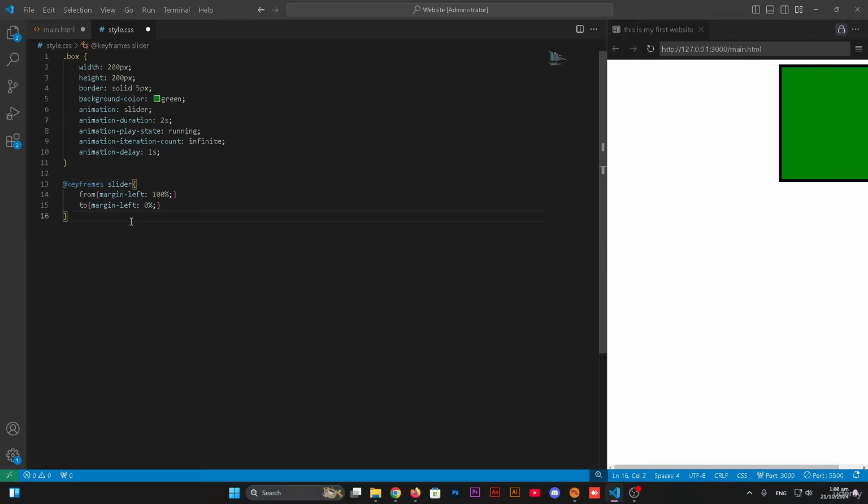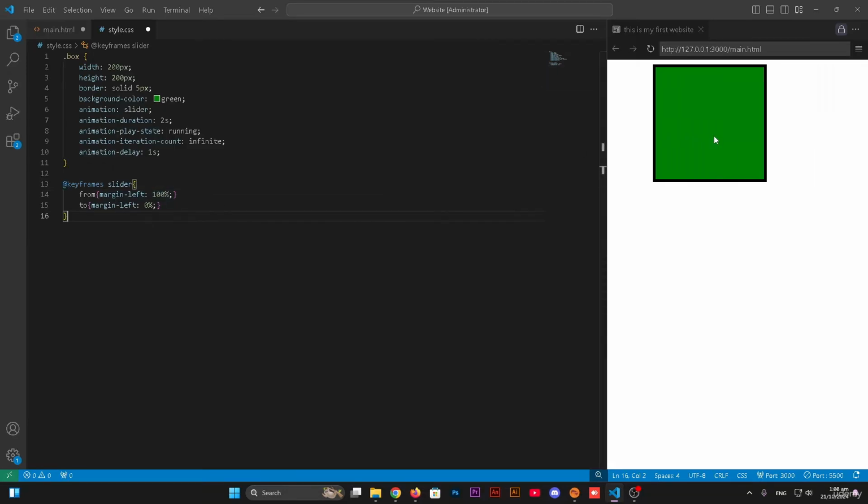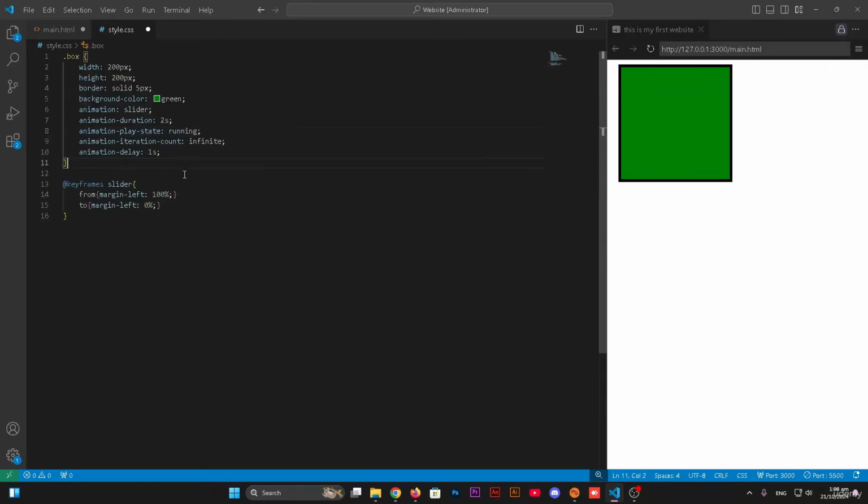So we can also use more animations like rotating it, changing the transform. You can do anything to it. For now, you can go and read the documentation because there's too much and I can't tell you all of